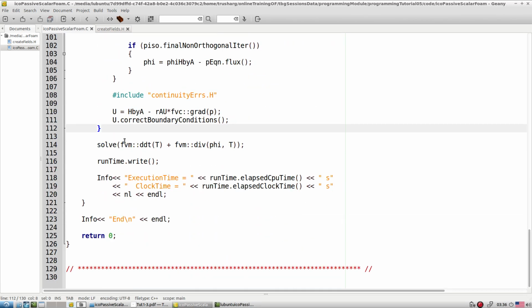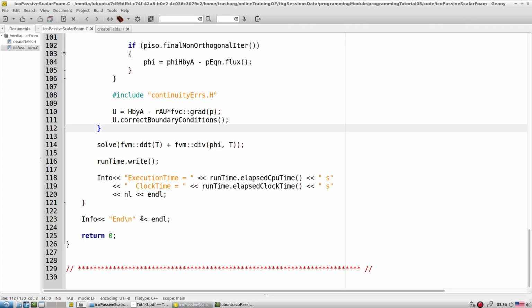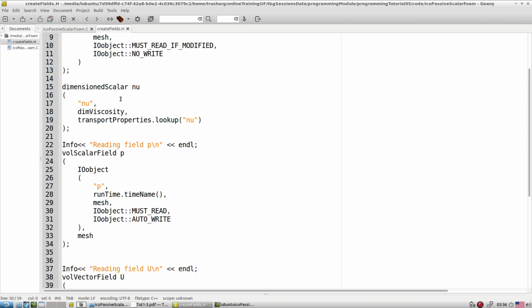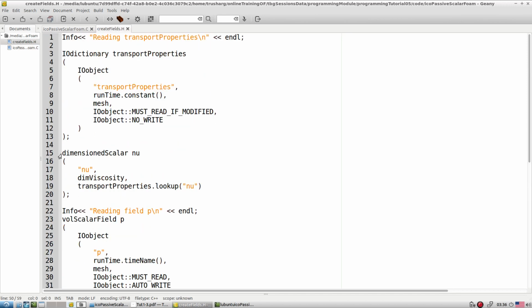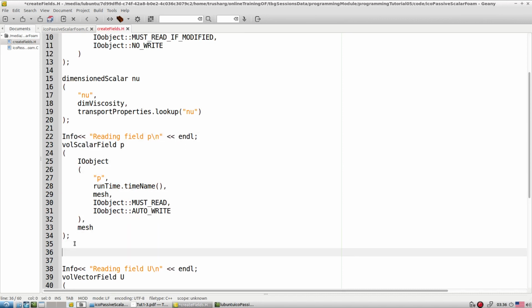Up to here we have the solver, and then we want the scalar transport, or the passive scalar. For that we add this new line. Now when we add a new line, we require one more variable. Where do we define this new variable? Whatever new variable you require, you are supposed to define inside the createFields.H file, and we know that this is a scalar field. The way we define the pressure, in a similar way we can define this new variable as a scalar as well. So let's define this.